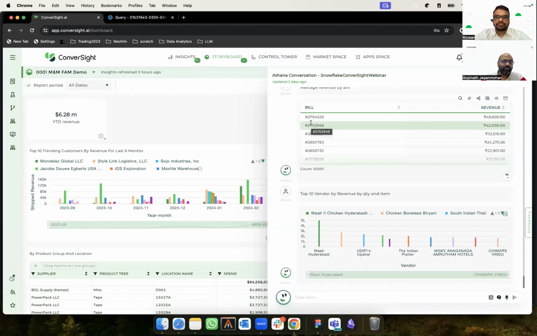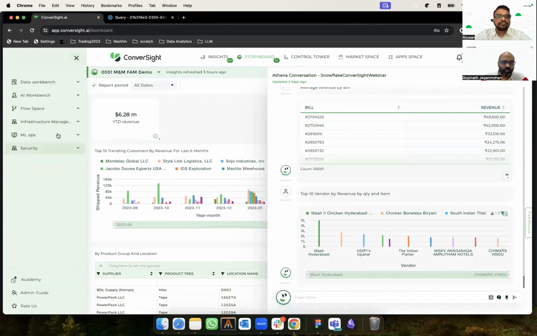So this is where I stop. There is a lot more in the platform. We have analytics, we have Jupyter Notebook and clusters where you can run any type of machine learning, or data engineering, or data analytics, statistics, and everything. And it can be deployed within the platform and consumed. Then the data which is the output of those analytics can be pushed here, and that can be used to create insights, storyboards, and ask questions.